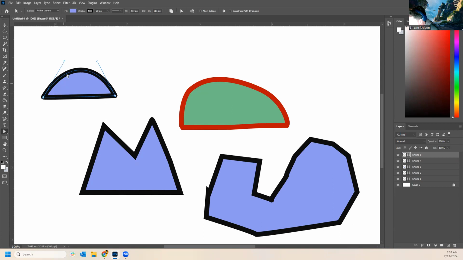These two handles are allowing me to manipulate this curve without even that middle point. I started out with that middle point, but I don't really need it. I could have just done this. So essentially I've drawn the shape with only 2 points, two very linear ones and two